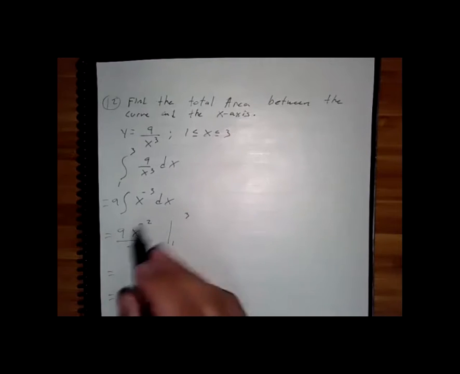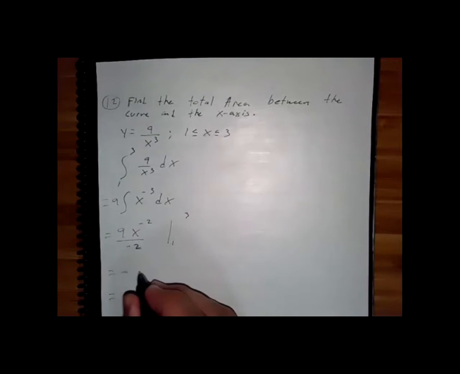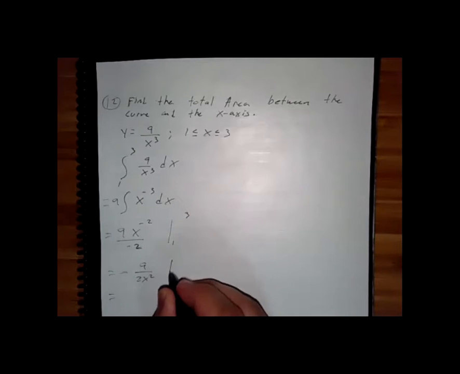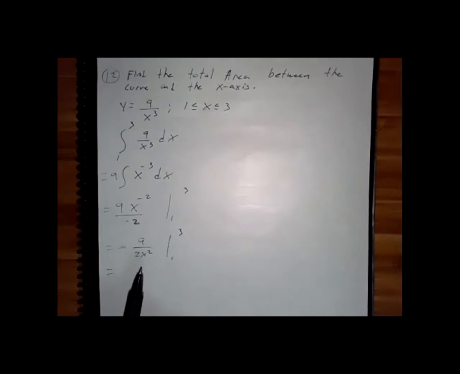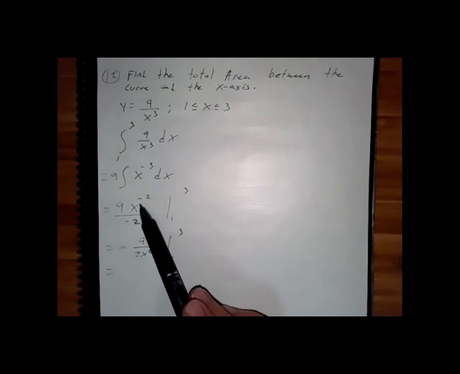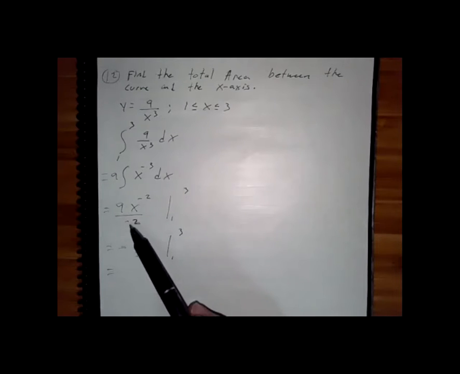So I'm gonna go ahead and rearrange this guy. So it'd be negative 9 over 2x squared. I skipped a small algebra step. Is that okay? Do you see how we got here? Yeah, I can see it. All right, we just brought the x squared down, put the negative in the front. That's it. So now let's plug in the 3